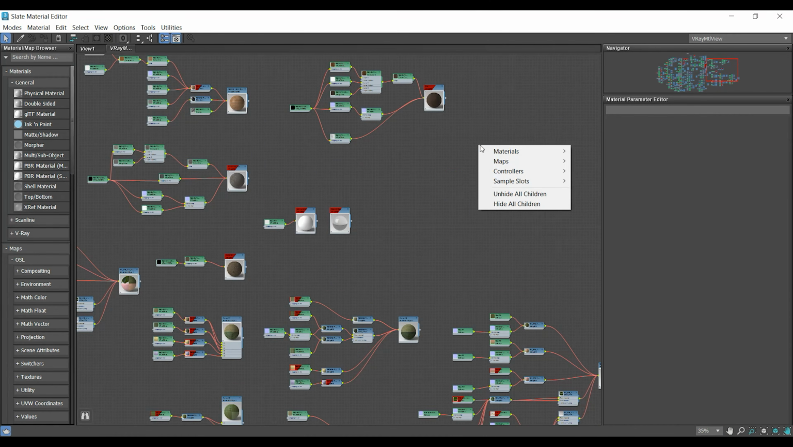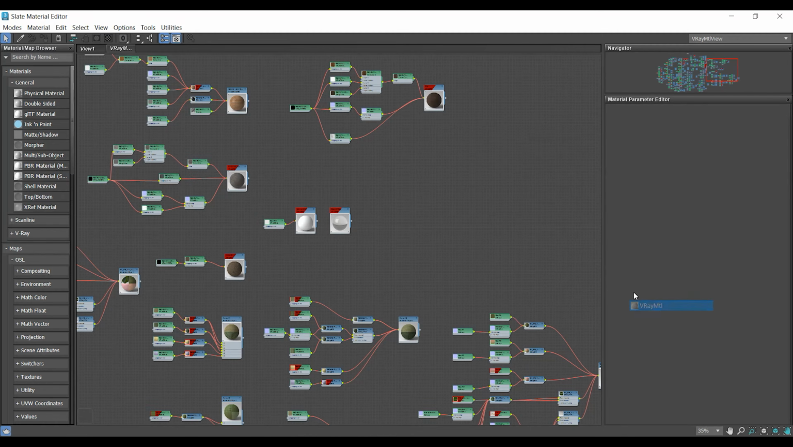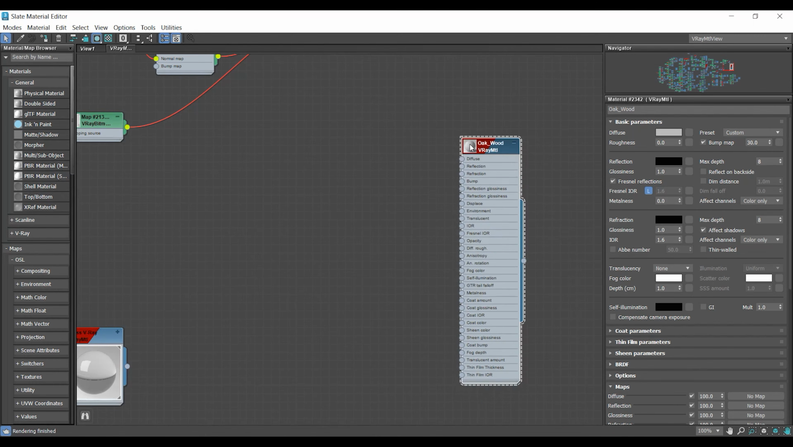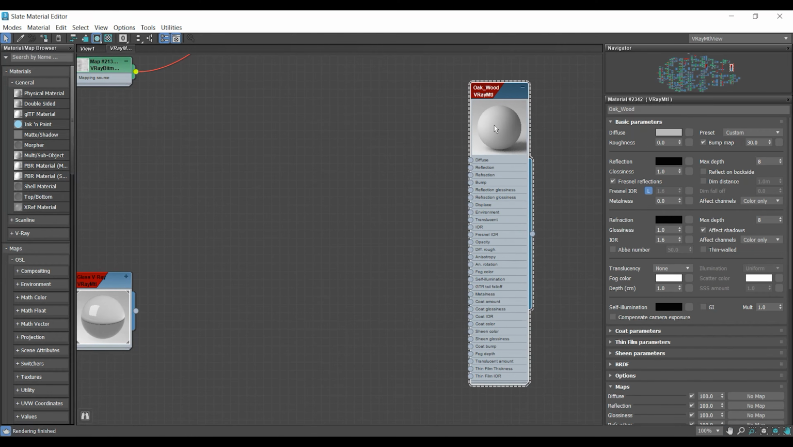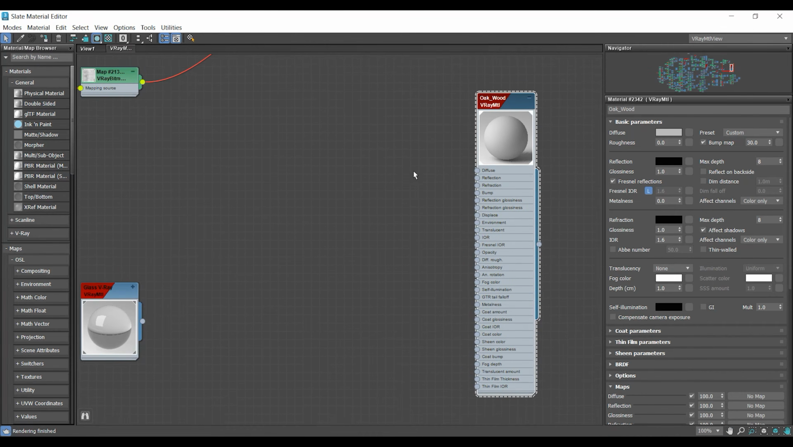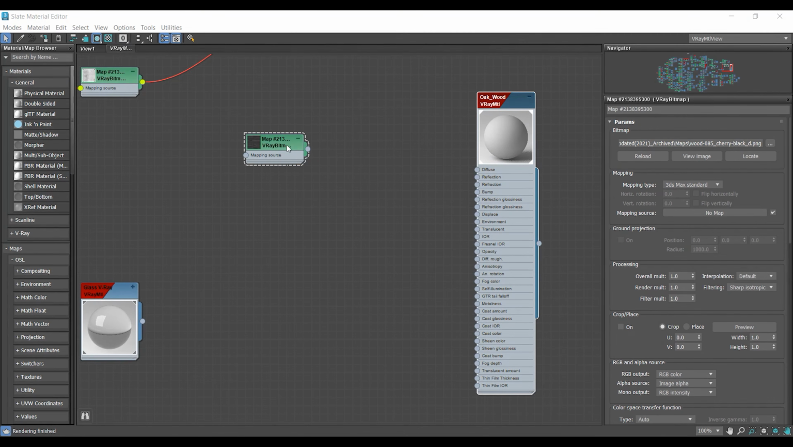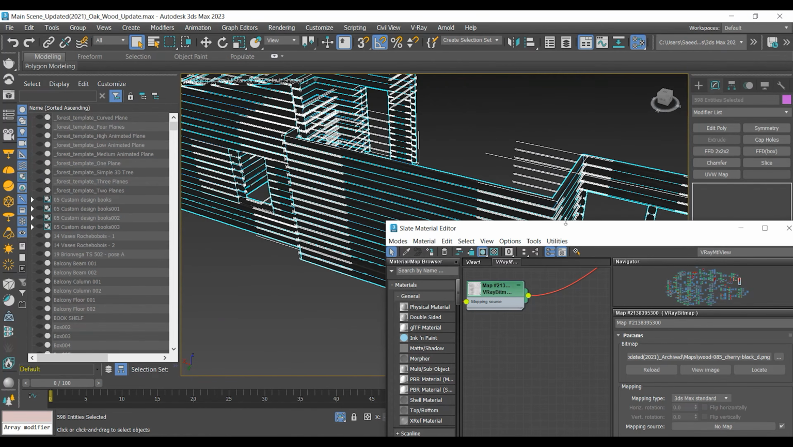I open the Slate Material Editor, create a VRAY material, and assign it as the base material to the selected objects. I start with the diffuse map, then add the other core maps like reflection, glossiness, and bump to build the foundation of the material. Before recording this video, I already prepared the maps in Photoshop so we can focus purely